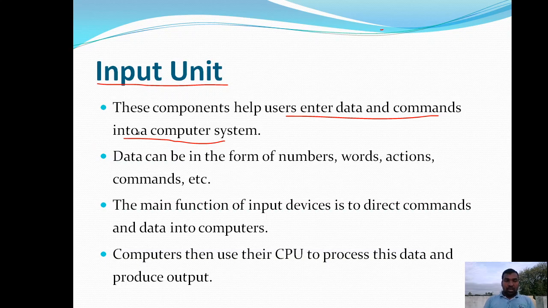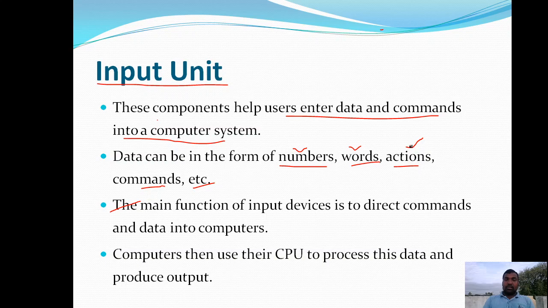Data can be in the form of numbers, words, actions, commands, etc. Numbers are 0 to 9. Words are alphabets or combinations of several alphabets, words, symbols, etc. Actions mean, for example, the delete action or enter action from the keyboard.